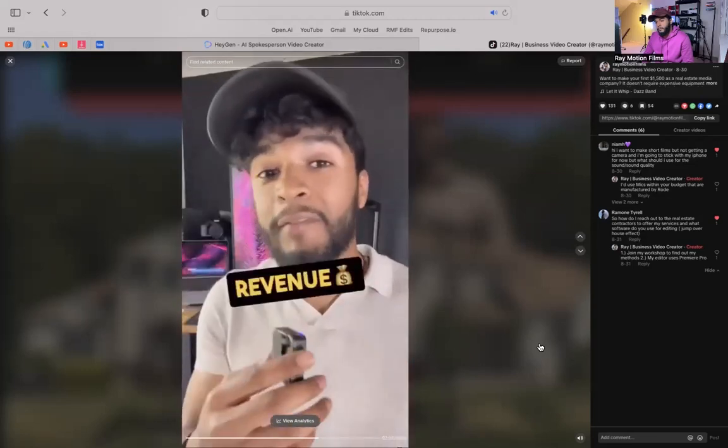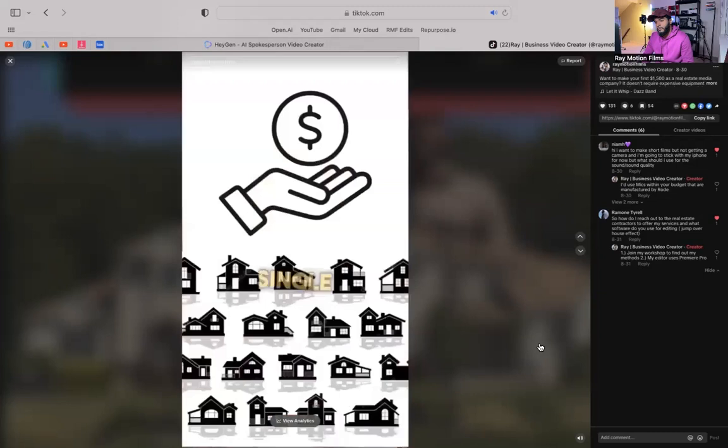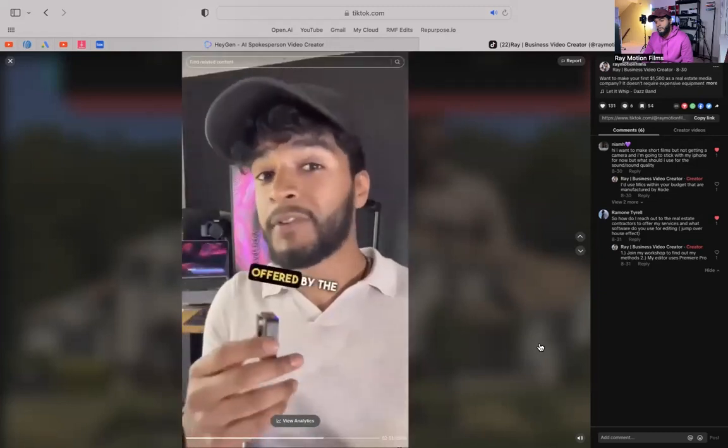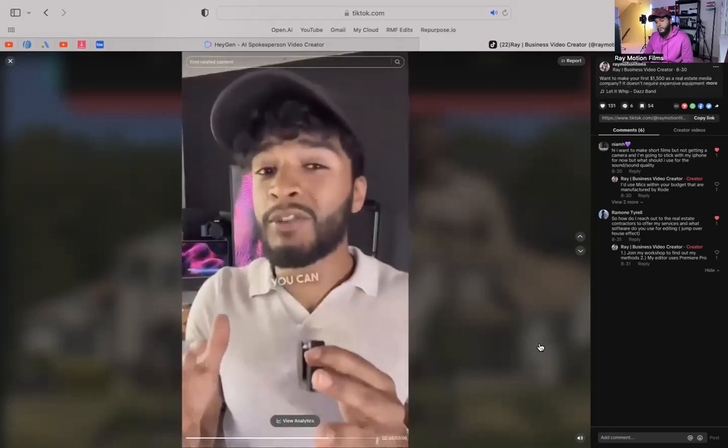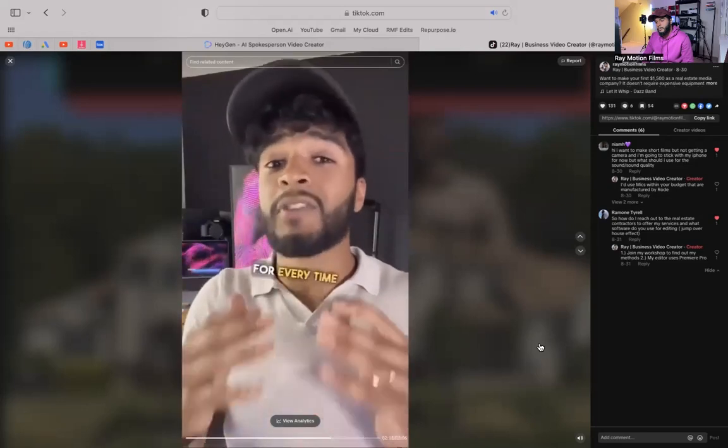So now you're going to have recurring revenue from the real estate agent who's going to want you to do this for every single listing for them. You may even get more jobs offered by the real estate agency that they work for once everyone sees the amazing job you're doing. Not to mention, at the very least, you can easily charge $200 to $250 every time you provide the service.